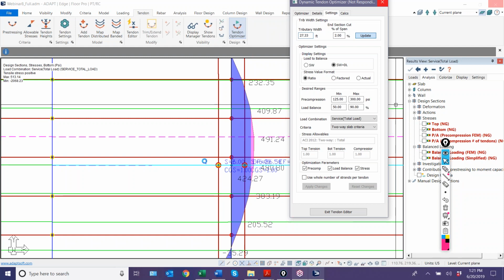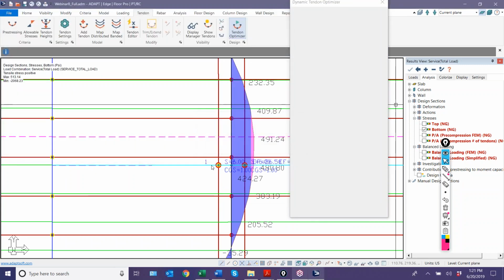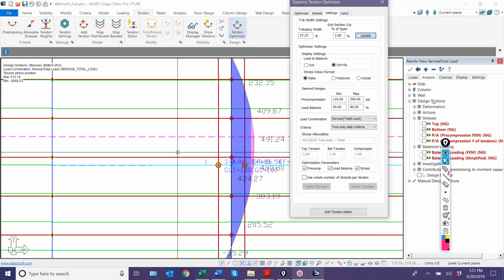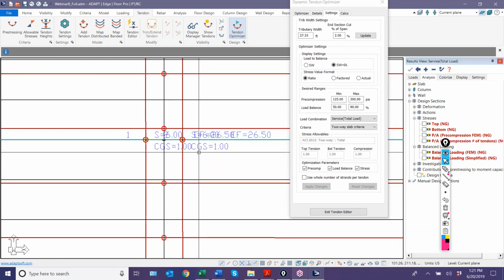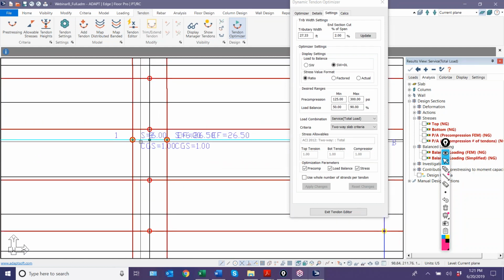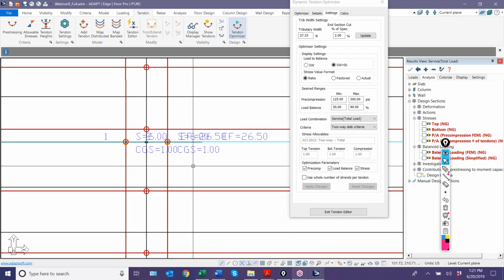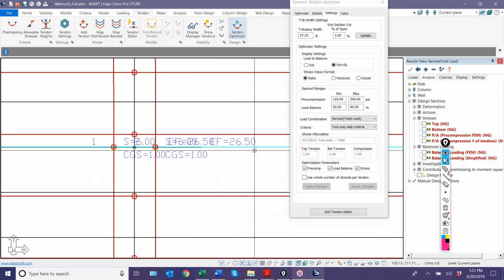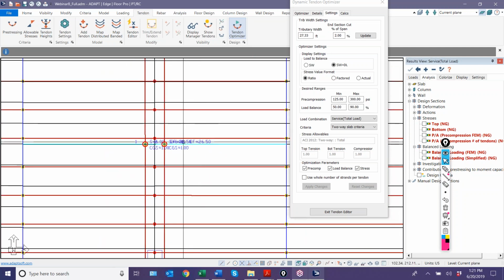And when I update that, the program will readjust the calculation. It itemizes the tendons that are in the tributary. So there's actually two cables here. It's hard to see that because I have the stress diagram turned on top of it. Let me turn off the stress diagram. So there's cables 1 and 2. These are both set to 26.5 for the effective force. The CG is 1. The number of strands is equal to 6, so there's a total of 12 cables in